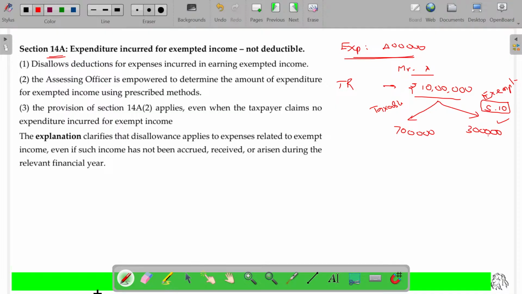Around 4 lakhs. Now, minus expenses. This is about the total receipts. The total income made by him is 10 lakhs. I found out that the income is bifurcated or segregated into two incomes, like exempted income as well as